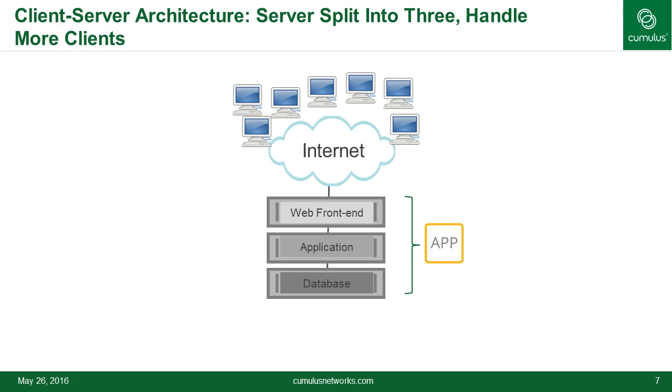So what people did is they took the monolithic server and broke it up into 3 pieces. As an example, essentially tiered applications became the du jour. You had, for example, a web front end, an application, and a database tier.